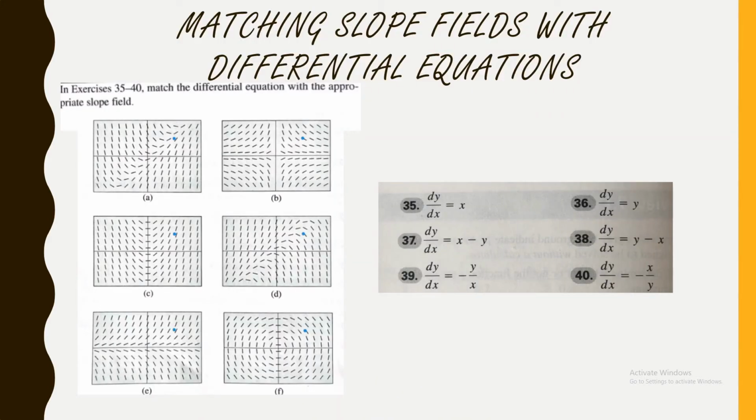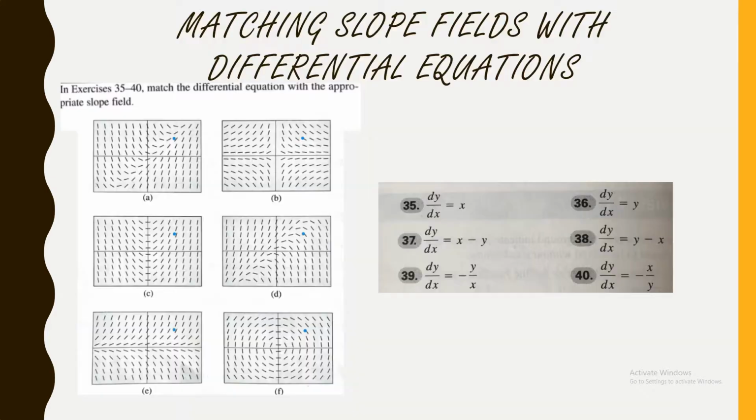For 39, we have dy/dx equals negative y over x. When y equals 0 and x does not equal 0, the slope is negative y over x, equal to negative 0 over x, equals 0. Graphs A, C, D, and F can be eliminated because they don't have slopes of 0 when y equals 0. Now, if you consider the point (3, 2) and plug it into our differential, you'd get negative 2/3, meaning the slopes around have to be negative, and because in E the slopes around are positive,